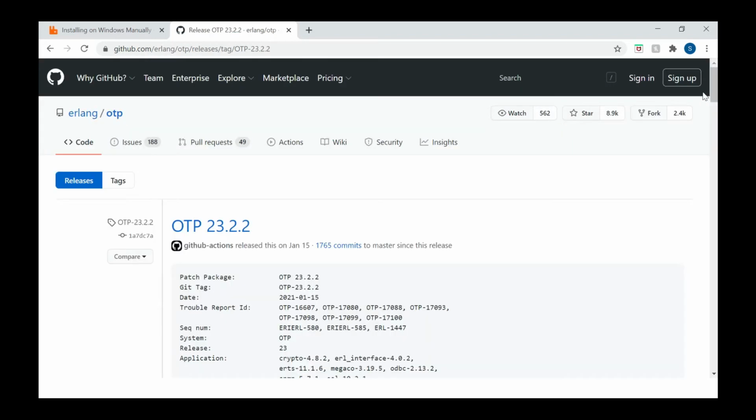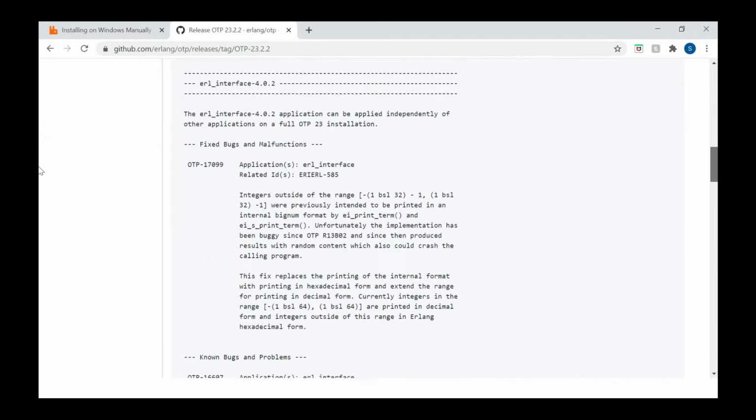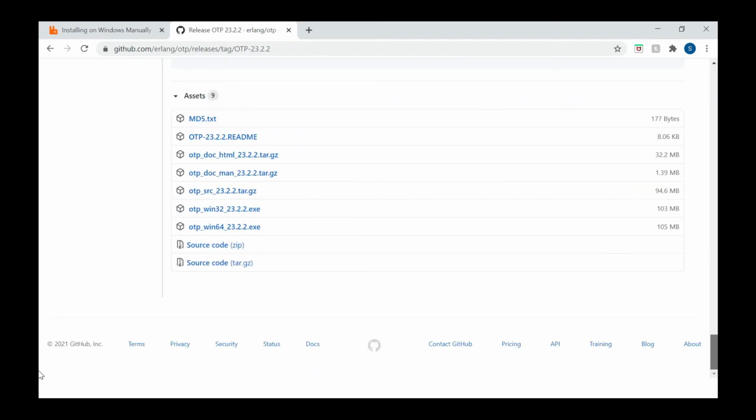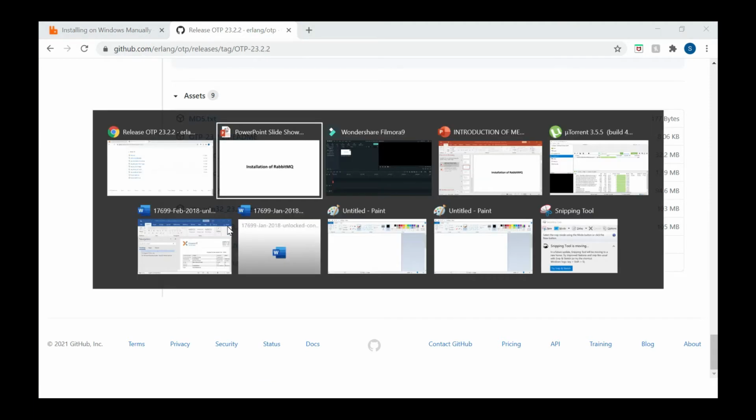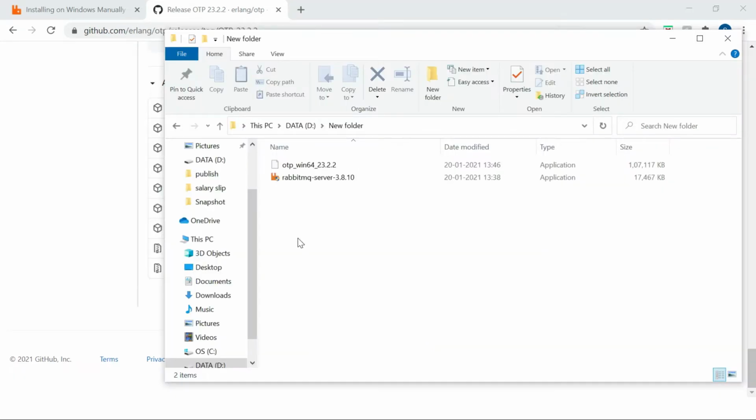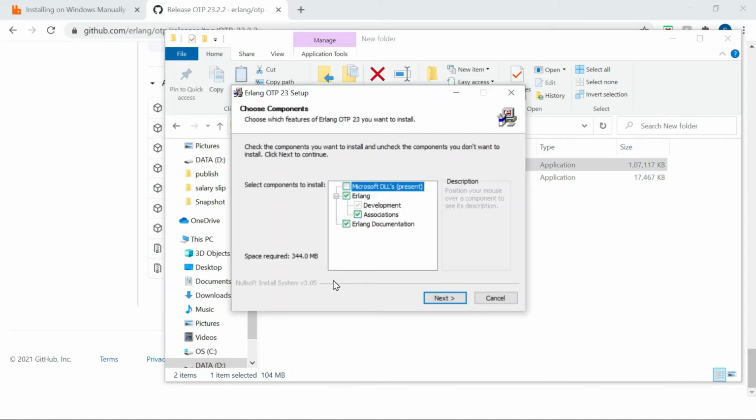It will go to the git repository. We need to go down, and here you can see the 32-bit is also provided and the 64-bit is also provided. You need to click on this, and after clicking, you need to install. I already downloaded this exe file, so I will directly go to my folder. This is the folder. I need to click on this one,